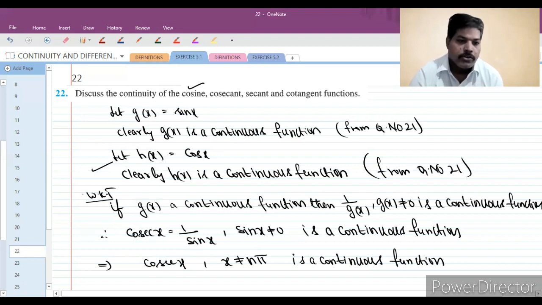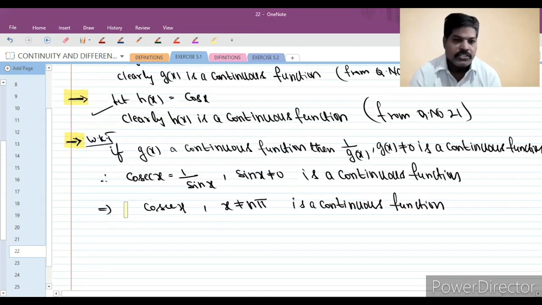So similarly we can take that. This is the one condition, and also we can take this as the one condition. Actually we have to prove that one also. So this is the condition we proved. Next, they are asking about the secant. What is the secant? Next we will take that.